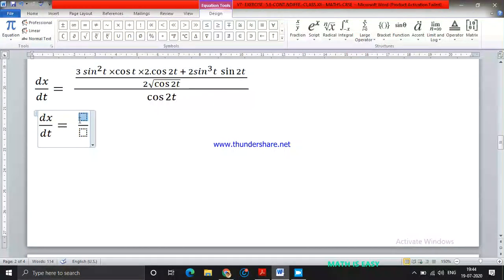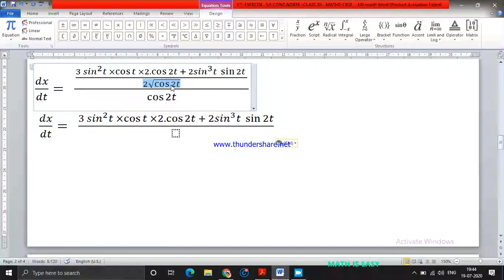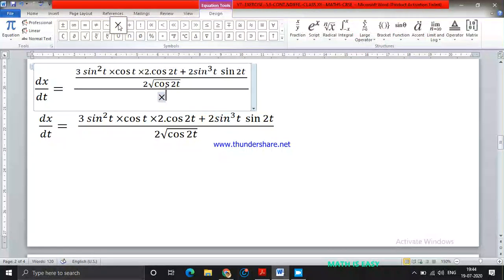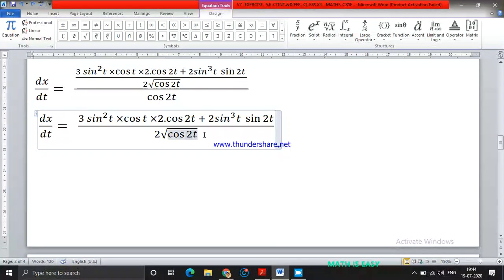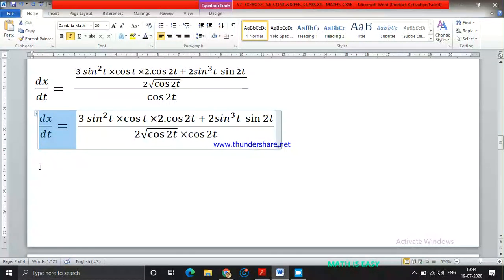In the denominator, this denominator also will come to the denominator only. Here I have to multiply actually, multiply with cos 2t. Now finally what I am going to do here is the final dx by dt term equals to,